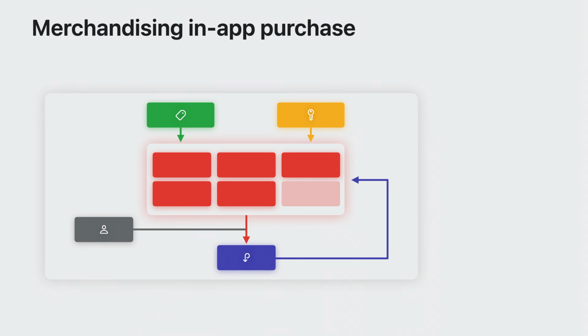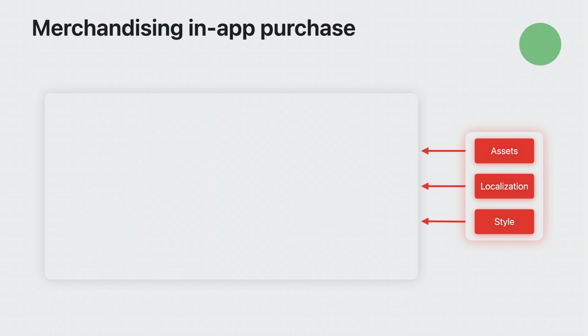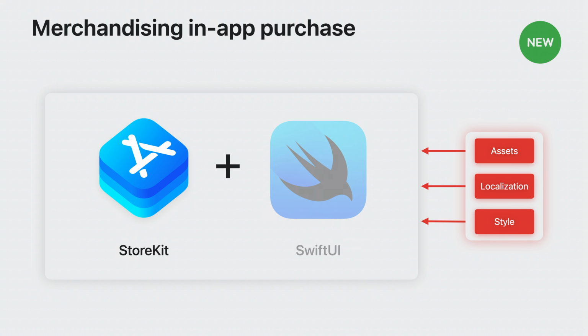Wouldn't it be nice if we could abstract all these steps into a simple, yet powerful view? This view could handle all common functionality and take parameters, which allow you to configure the bits that make your app, your app. Well, I'm excited to introduce a powerful new set of APIs from StoreKit for building merchandising UI. In Xcode 15, StoreKit now provides a collection of SwiftUI views, which help you build declarative in-app purchase UI.